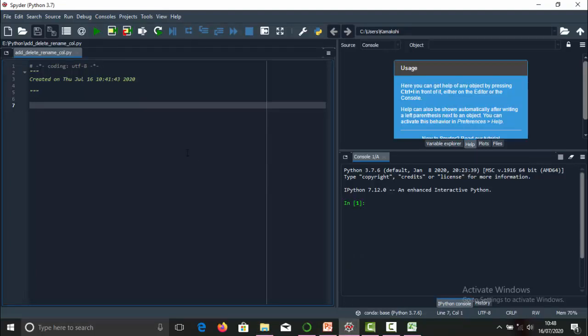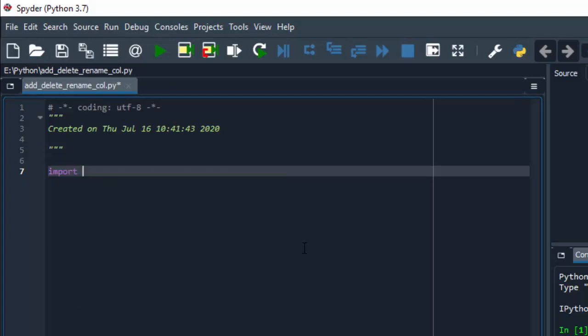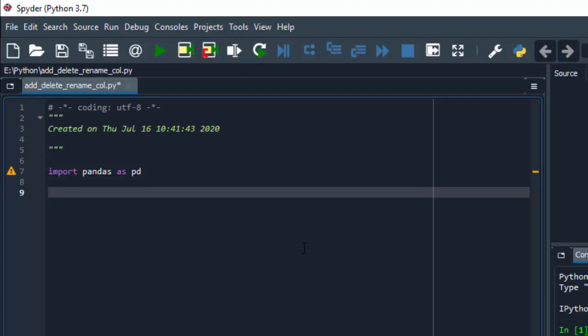So firstly, I'm going to import the necessary libraries. I'm using the pandas library, so just type import space pandas as pd. Now next I'm going to read the dataset, that is employees.csv. For that, just take one variable.